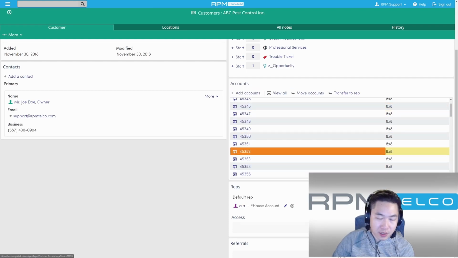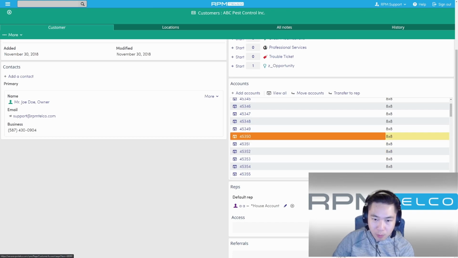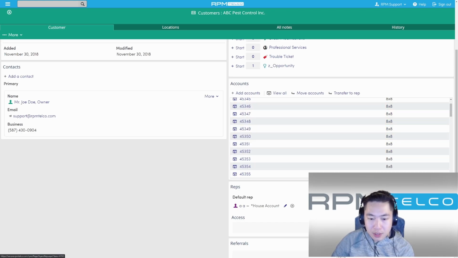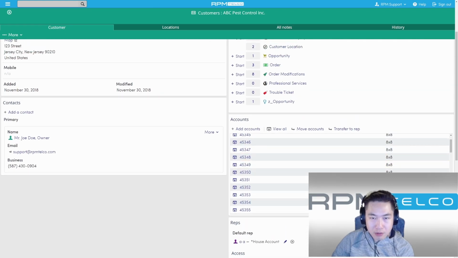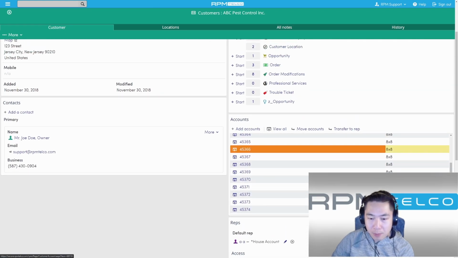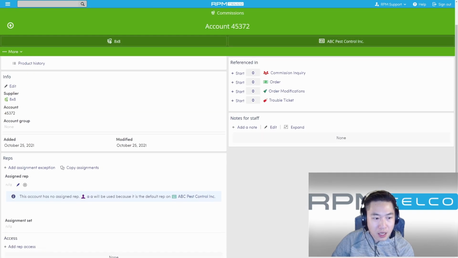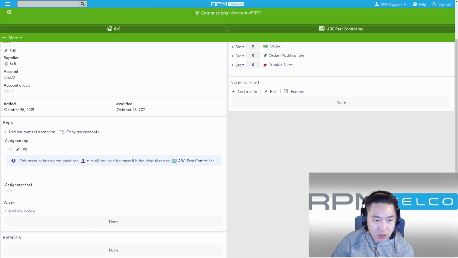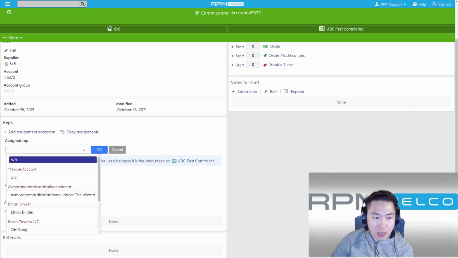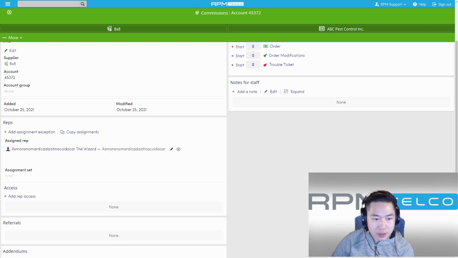You won't get an unassigned account warning or unassigned rep warning or anything like that because you've set a default rep for any accounts that come under this customer. Now, that being said, if you were to go into one of these accounts under ABC Pest Control and you were to override this assignment, you'll see this little warning message here. This account has no assigned rep, and AA here will be used because that's the default rep on the customer. You can actually overwrite this on the account level, assign it to somebody else, and then this assigned rep will